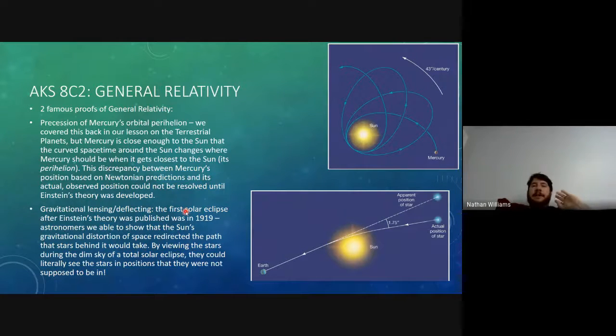Just a few years after Einstein's publications, the next upcoming total solar eclipse was going to be in 1919. So again, 101 years ago. And a lot of astronomers went to the location where totality was going to be. If I remember offhand correctly, I think it was somewhere in South America, maybe Peru. I could be wrong for sure. But what they did is, just like how people like to go watch solar eclipses anyway, they set up their telescopes and their other measurement devices, and because of the dim sky during the eclipse, they were able to see that some stars appeared near the sun, but in a wrong spot based on